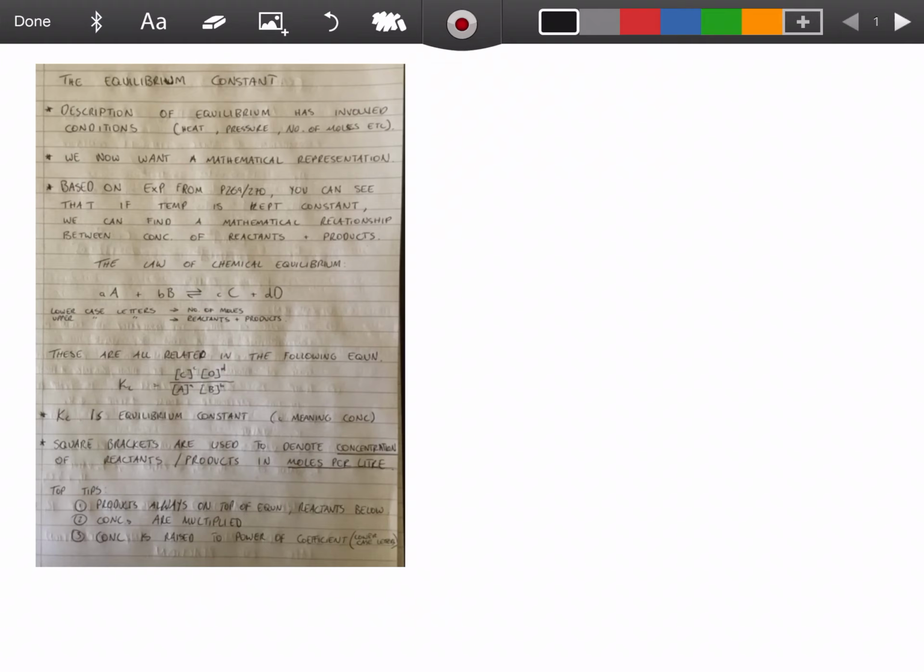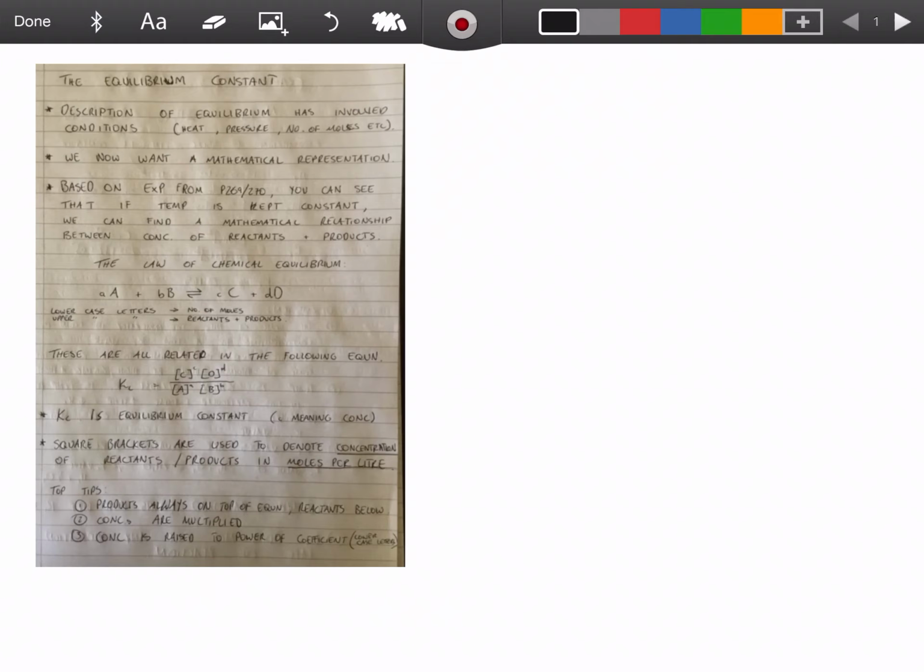But just to give us a bit of background, with regards to equilibrium, we've had a discussion about that, and we've talked about equilibrium in the last few days based around certain conditions. So if the temperature of a reaction changes, it pushes it one way or the other, or if I increase or decrease the pressure, it changes the equilibrium of a specific reaction. So that's talking about conditions really, but now we're going to look at what the idea is with regards to